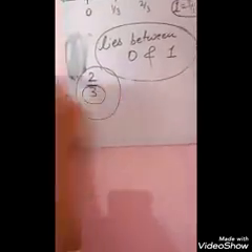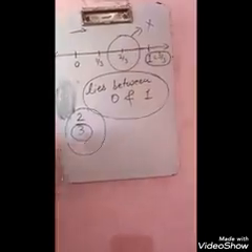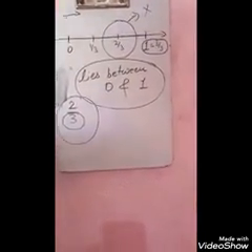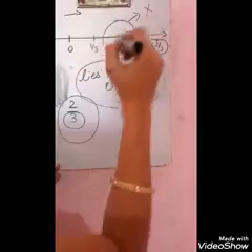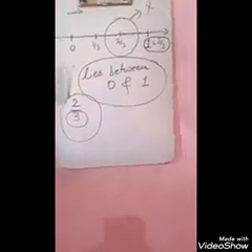Now we have to find 2 by 3, and here it is 2 by 3. So this is your position x. Give it any alphabet to represent it. So this x is equal to 2 by 3, and this is the representation of a proper fraction on the number line.